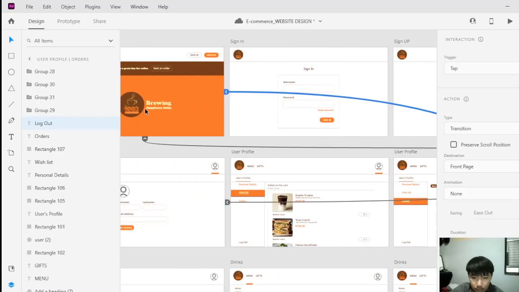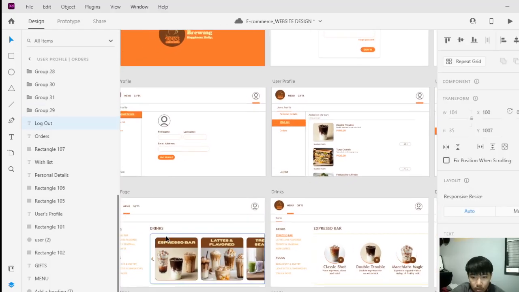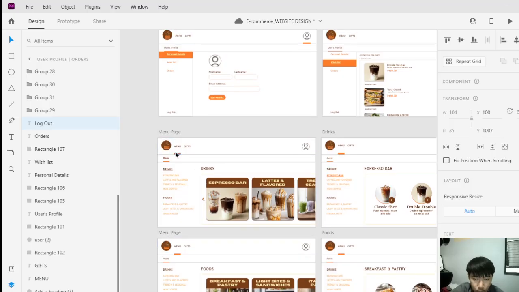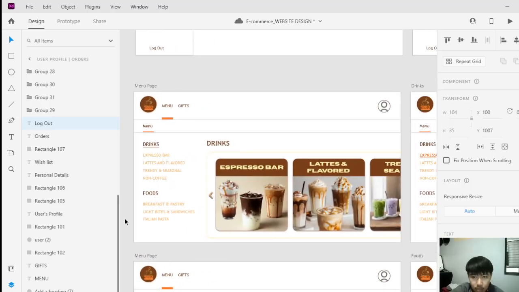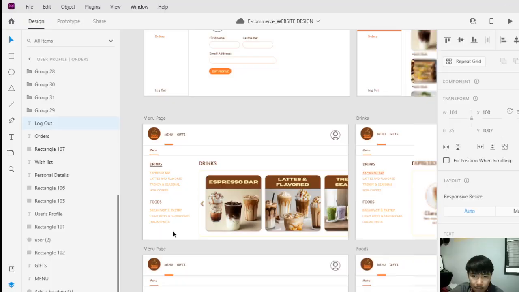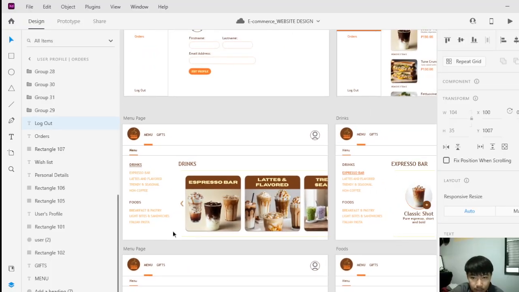So let's continue. For the next one is my menu page. On my menu page, you can see the drinks and food that my shop offers. For my drinks, there is espresso bar, lattes and flavored drinks, trendy and seasonal drinks, and non-coffee drinks. And for the food, there is breakfast and pastry, light bites and sandwiches, and then Italian pasta. So for this, the function is, if you click on my menu and then go on the drinks,